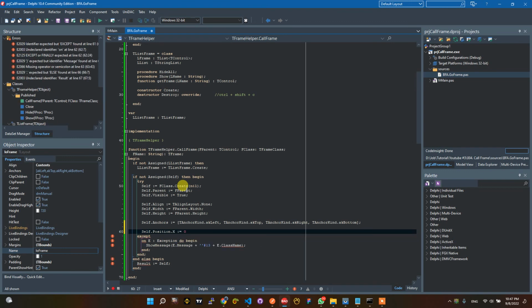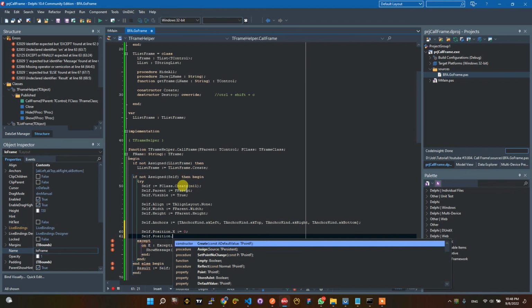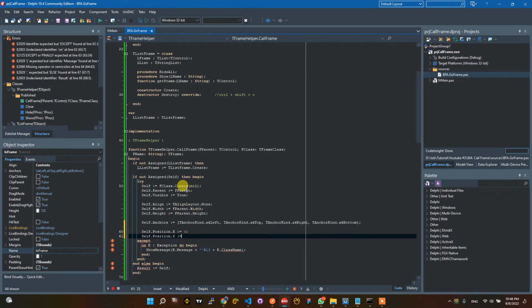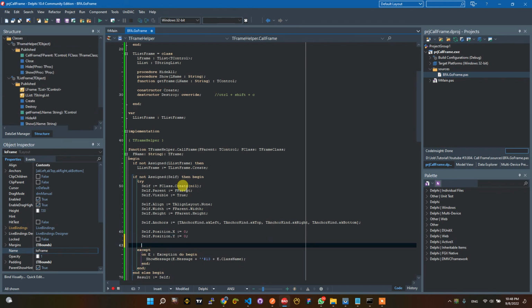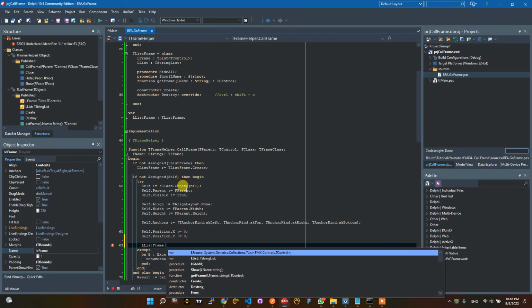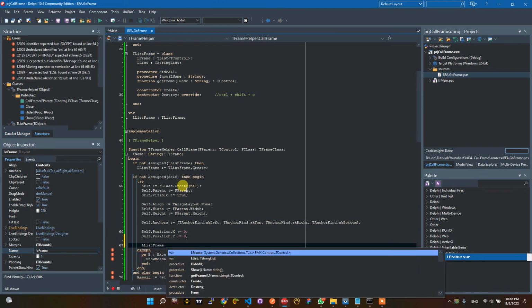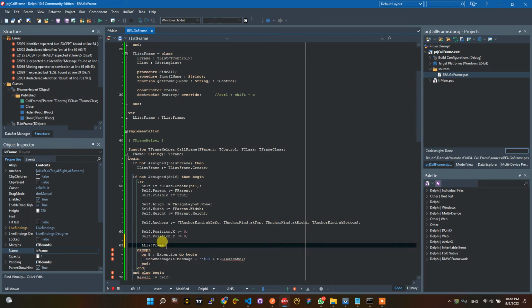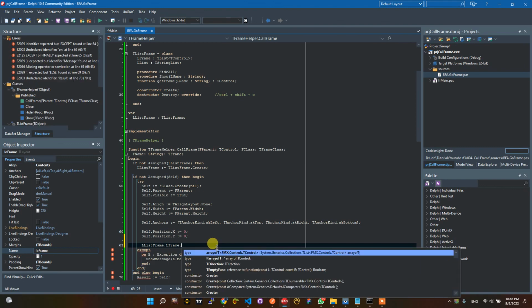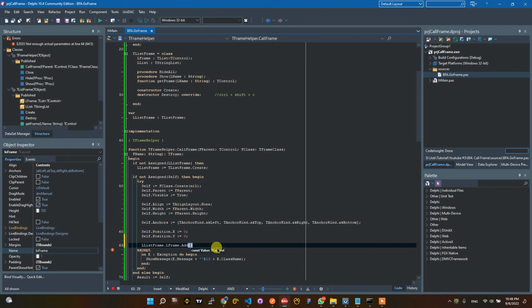Position.X is 0, self.Position.Y is 0, and here the list frame, and we can add this frame inside this list frame. Okay, so we can do it like this, frame.Add and self